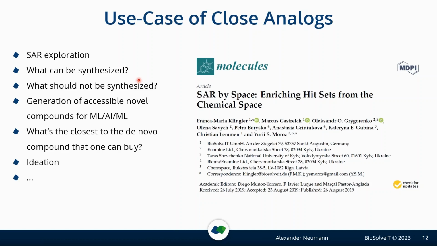The beauty of the screening within those vast chemical spaces is that it is about what can be synthesized. Basically everything that you find within those chemical spaces is something that you can synthesize on your own, or just request somebody else and pay them to synthesize it for you. The other question is obviously, what should we not synthesize? So basically, what are the reactions and the building blocks we have at hand? You can also mine compounds from those chemical spaces, which couples to the next point. So basically, you can retrieve novel compounds that are accessible from those chemical spaces